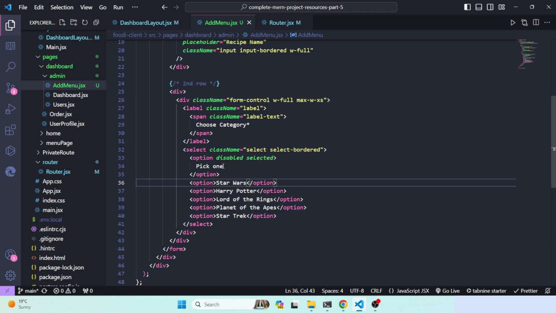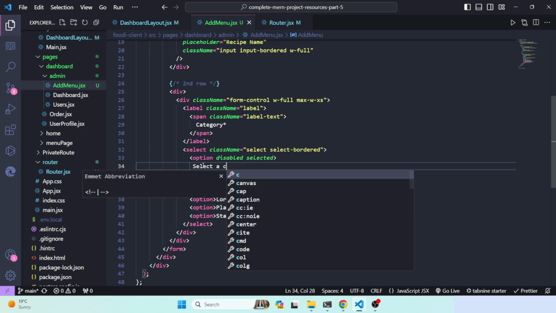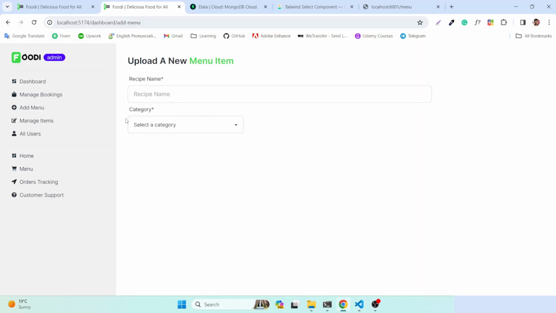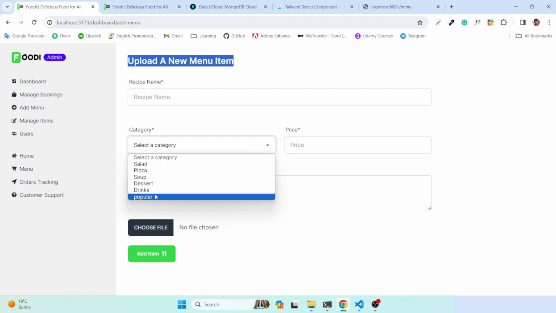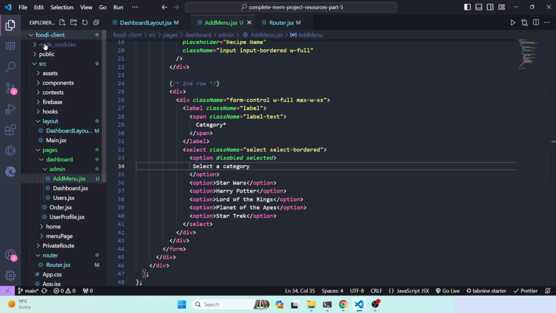So the category will be something like, here we can include it, let me simply keep it as category, and the first one will be select a category. Okay, that's fine. So let me check. Here you can see by default select a category, and then there are some options. And if you check here, the options are the same options that we have in the menu. So that's why we will open